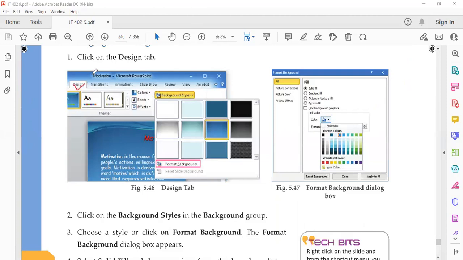See, this is the design tab, or these were the themes that we have just seen. ये color combination option था, उसी के साथ background styles option है. So if in case you want to change the background or you want to change the format of the background, then either you select any one style from here or you go with the format background option. So when you go with format background option, this particular dialog box will come up, and from here you can